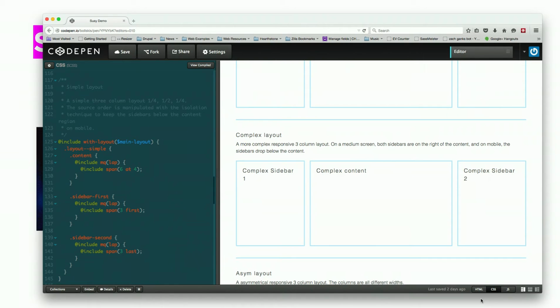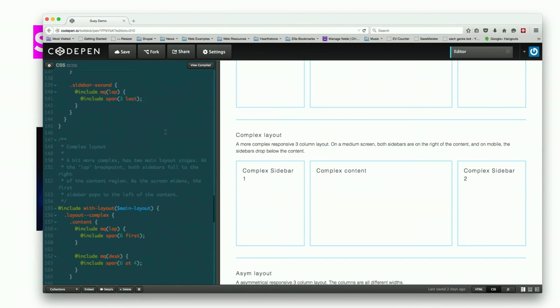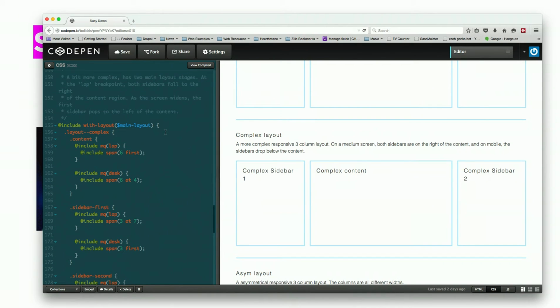But again, I can manipulate. Above that is the include of the media query. That's just the media query. So I've wrapped my Suzy code in a media query. So whatever my lap breakpoint is, I think it's 600, the code won't fire until we get there. And in my complex example, I have two media queries. So at my lap breakpoint, it's something, and then at my desk breakpoint, it's another. And so you can see, you can really do anything. It's crazy. It's just math. You can do anything. I love it. It's a great tool. And once you sit down and use it, it really is one of those things that drastically improves your workflow, and I really like it.